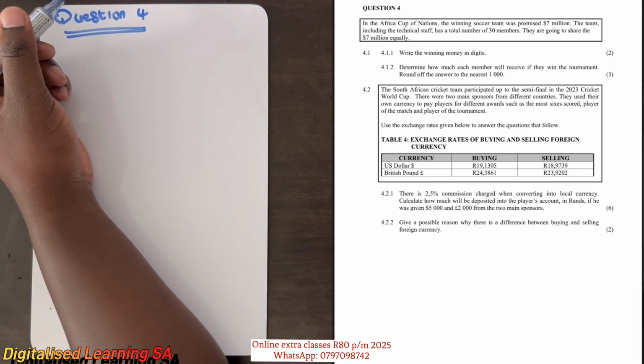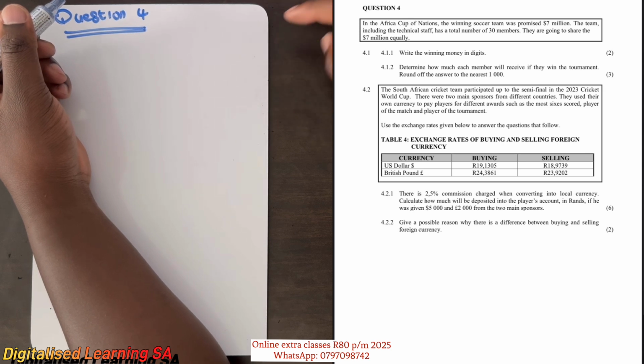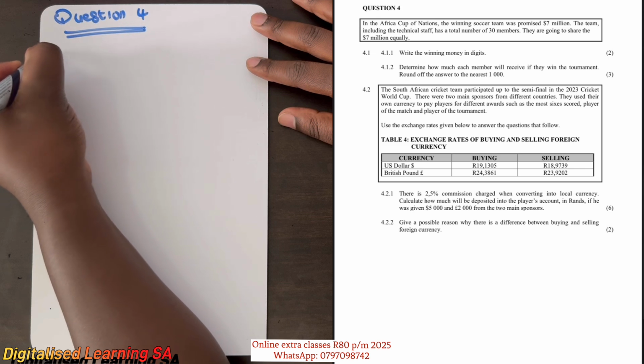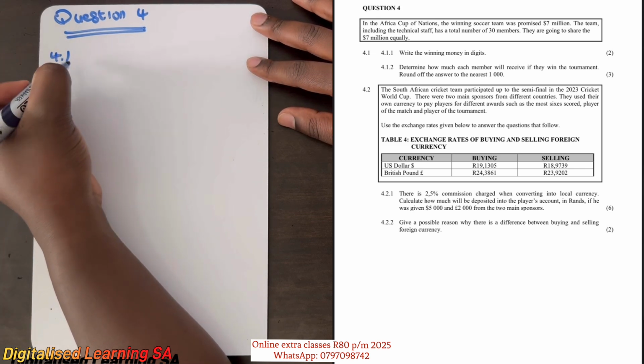So we are told that in the African Cup of Nations, the winning soccer team was promised $7 million. The team, including the technical staff, has a total number of 30 members. They are going to share the $7 million equally. So now let's go ahead and answer the questions provided. So we are going to start with 4.1,